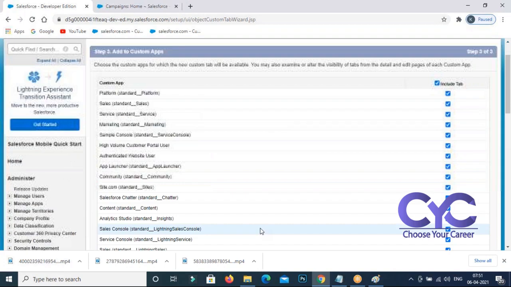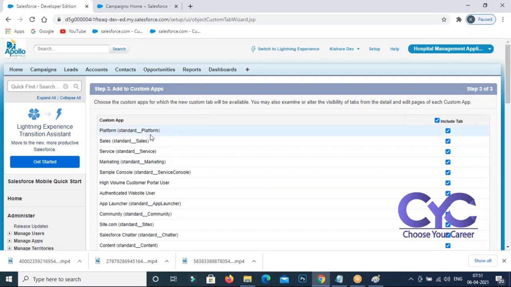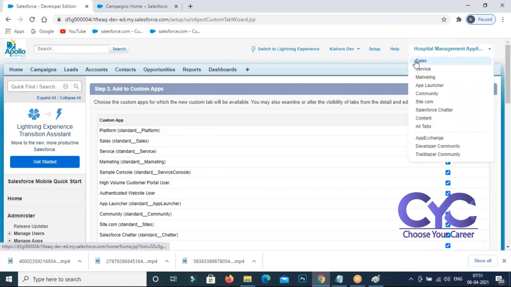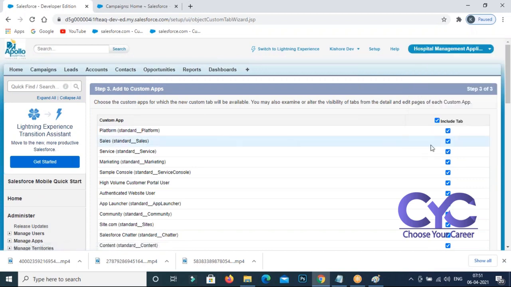And I don't want to include this tab in the sales application. Whenever I open the sales application, I should not see my doctor tab, so I'm going to remove it. As well, I don't want to see my tab in marketing also, so I remove it here. But I can see my tab in the service application.